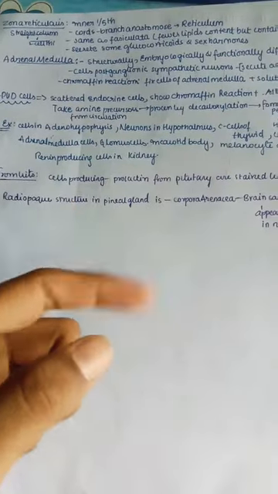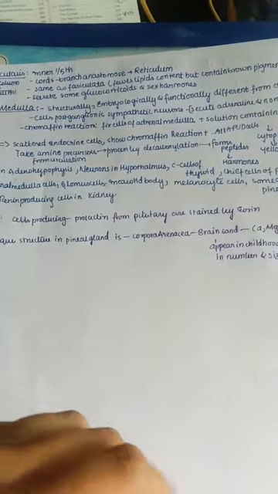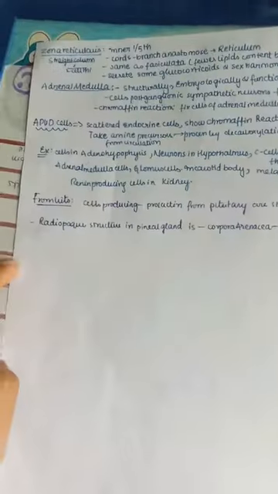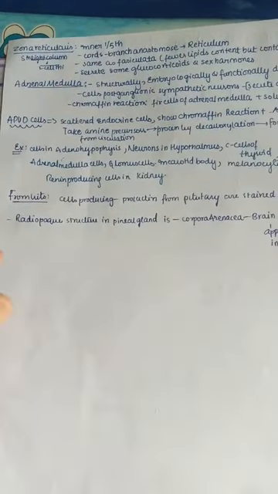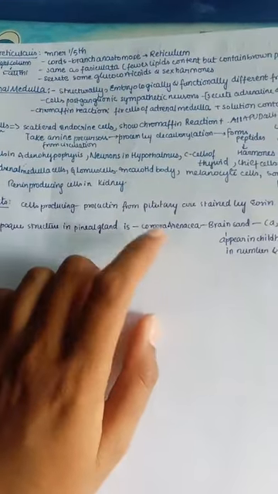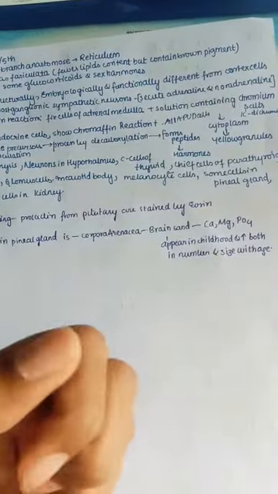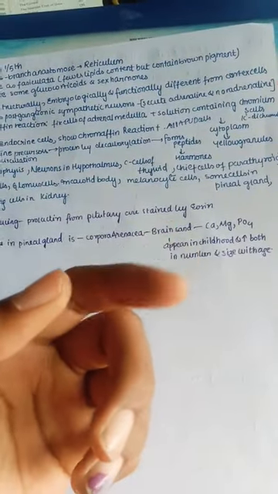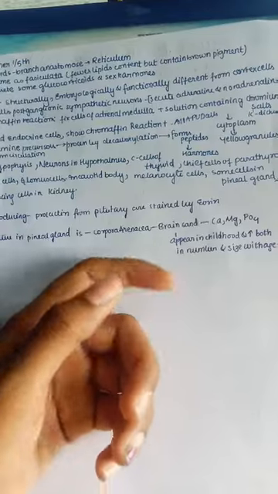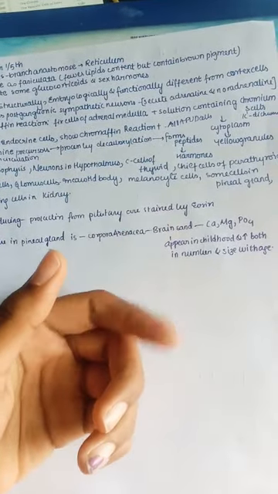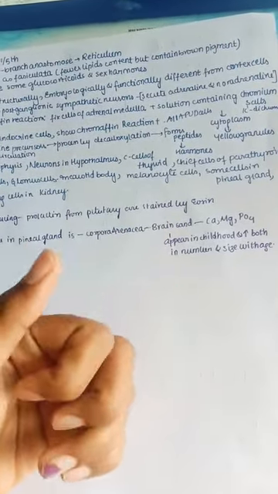The cells producing prolactin in the pituitary are mainly stained by eosin. Next, the radio-opaque objects seen in the pineal gland are known as corpora arenacea, which is nothing but brain sand. It is mainly composed of calcium, magnesium, and phosphate salts. The brain sand appears in childhood but increases in number and size with age. So these are the important points from our bits.